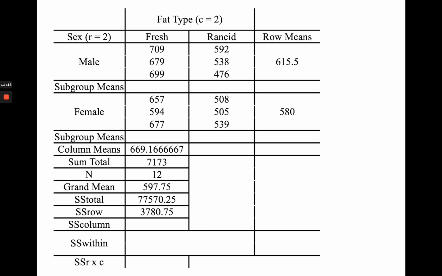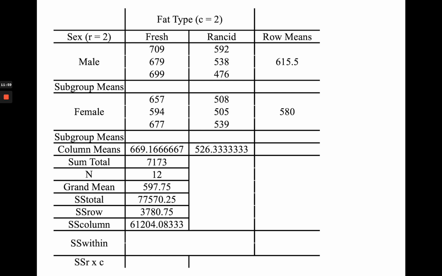669.167 for fresh fat and 526.33 for rancid fat. You'll notice that these averages are much further away from 597.75, the grand mean, than the row means are. So you might expect this sums of squares to be larger. So if you take 699.16 minus the grand mean, square it, 526 minus the grand mean and square that, add those together and then weight it by, once again, 2 rows with 3 observations each, so multiply that times 6. What you end up getting is a very, very large sums of squares due to column,